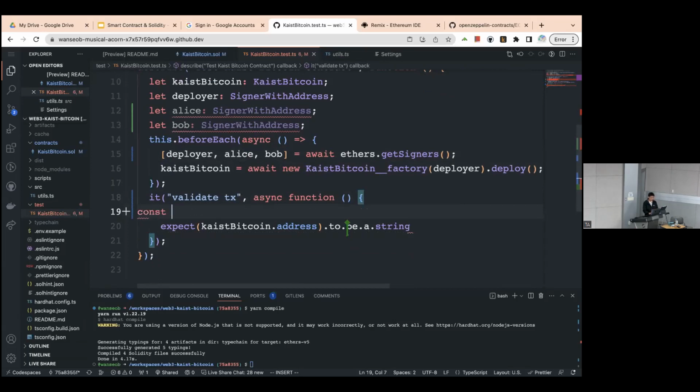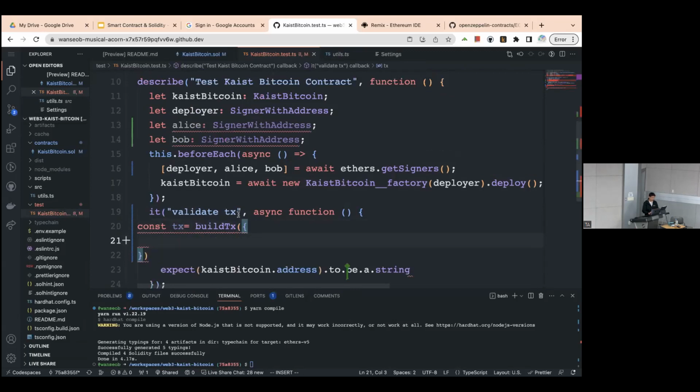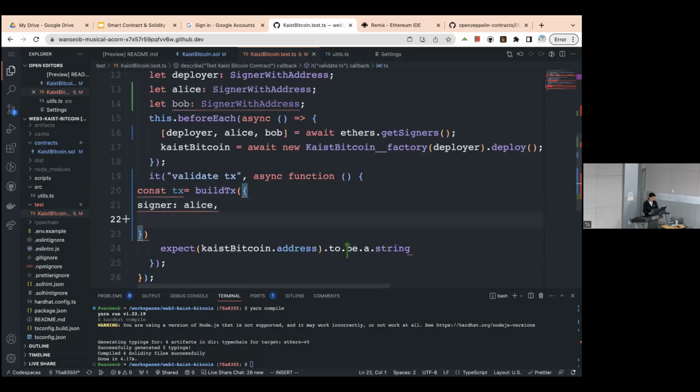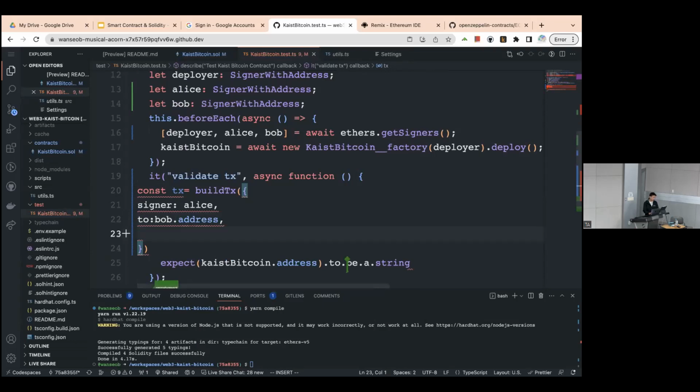So a transaction should look like build transaction. And in the transaction, we need to put signer. Alice will sign this. Okay, good. Alice will sign this. And Alice will send something to Bob. So 2 is Bob's address. Amount should be something, but